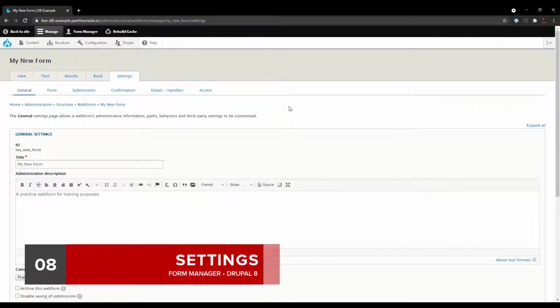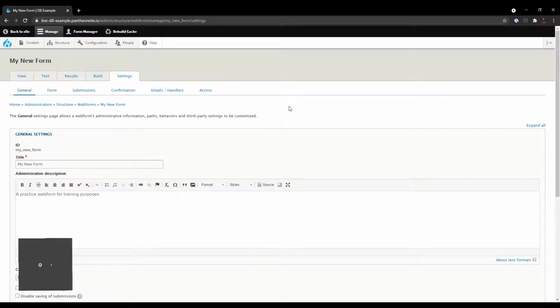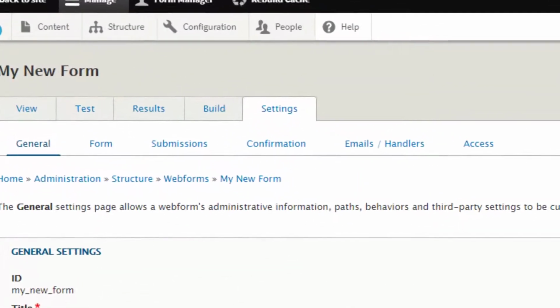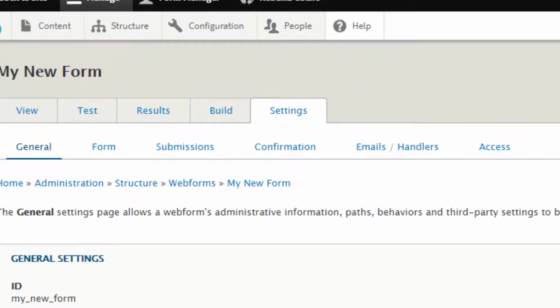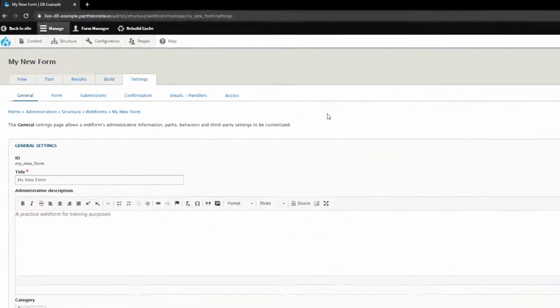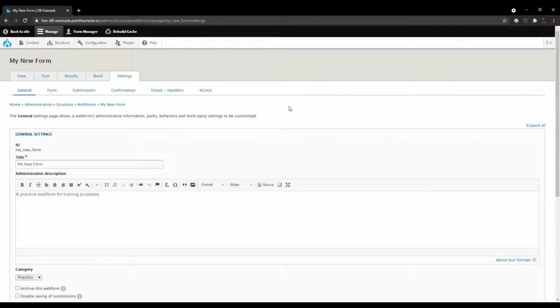The settings for a web form contain 6 different categories. At first glance, it really does look like an overwhelming amount of options. However, like with form elements, most of them are very niche. There is one useful option in each section of these settings, so we'll be going over those specifically. For the others, you likely won't need to make any changes to them, so we won't be going over them